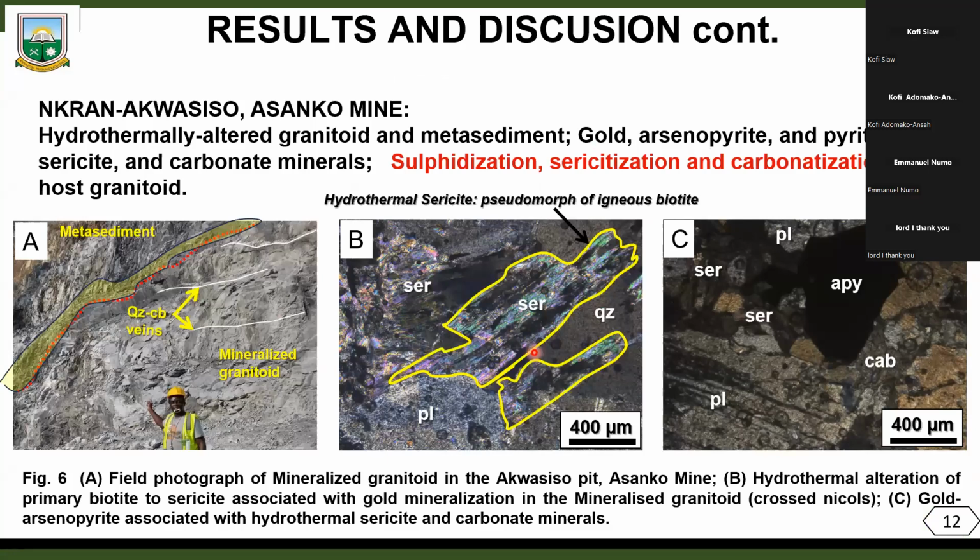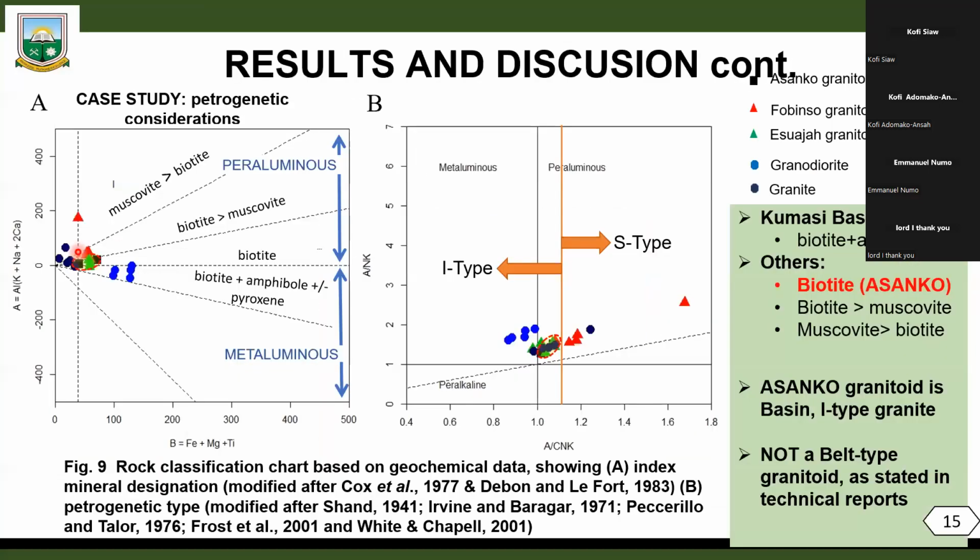And so when we look at this plot, we can see this is where the Asanko data is plotting, and we see that most of it is a biotite-rich granitoid. That also has implications for what we're looking at as the belt type, and then the S-type mineralization. So the Asanko deposits' granitoids were mainly biotite-rich granitoids. Then we also plotted these granitoids on the ASI diagram,